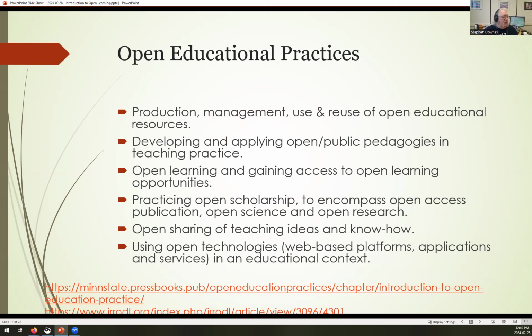So production, management and reuse of open educational resources, of course, but also open and public pedagogies, communicative, cooperative, collaborative pedagogies, pedagogy of the oppressed, as defined by Paulo Freire, open learning and granting access to open learning opportunities, including open classrooms, community learning, open scholarship, open research, and included in that would be open data.